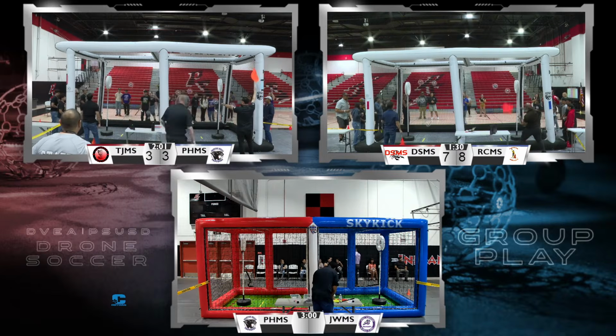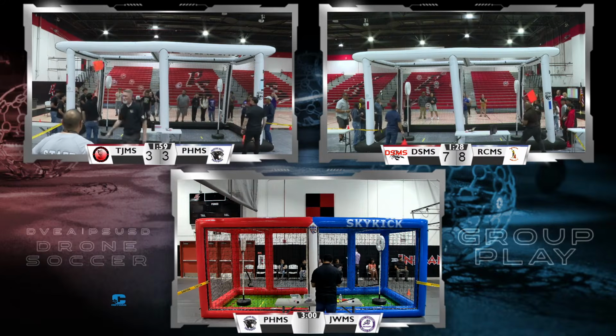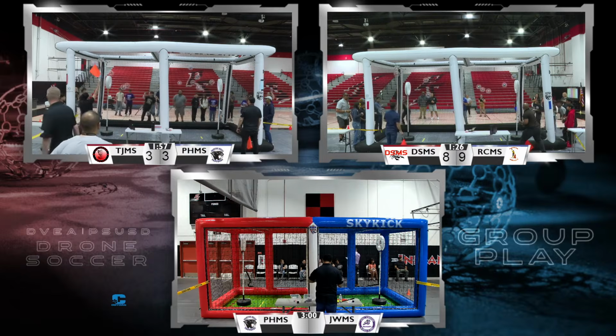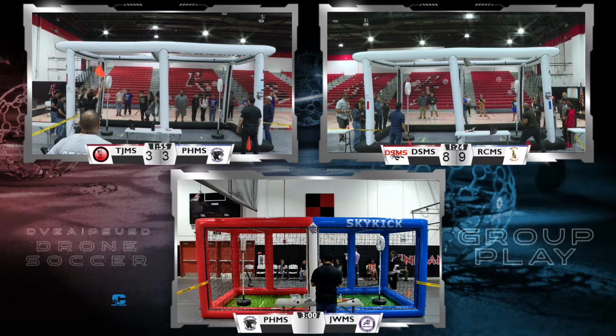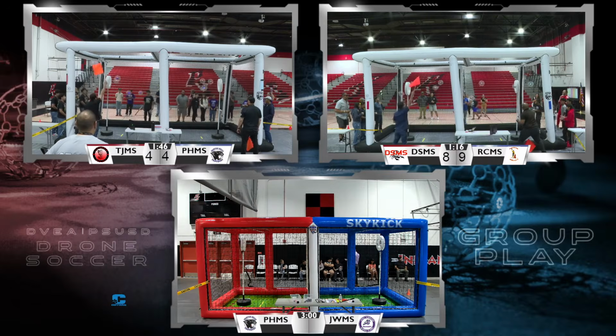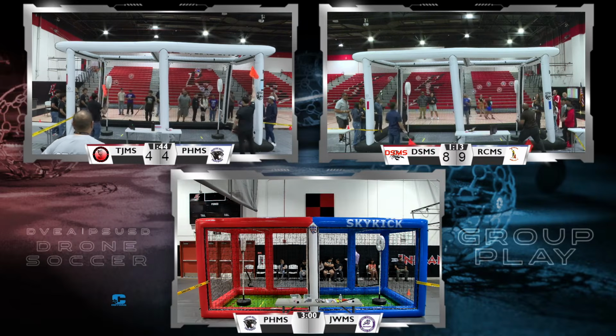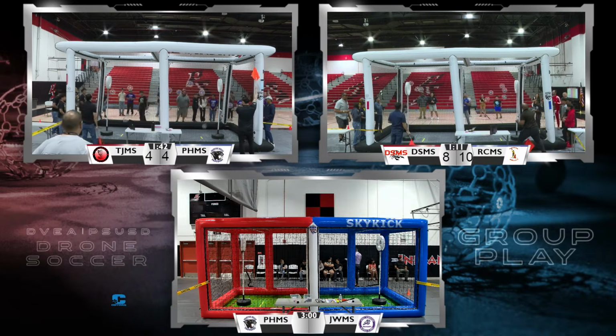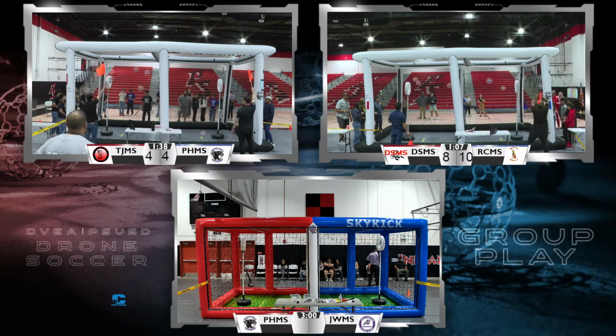You can hear the school spirit in the background. The teams are cheering each other on, supporting one another. The coaches are clapping, trying not to distract, but giving lots of positive energy to all of the players. You can see some great defending happening with both teams. 10-9 is our score now.